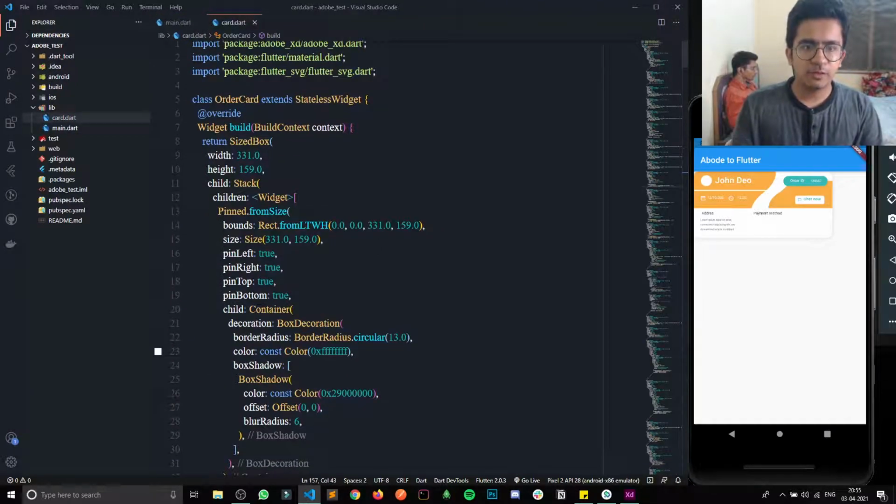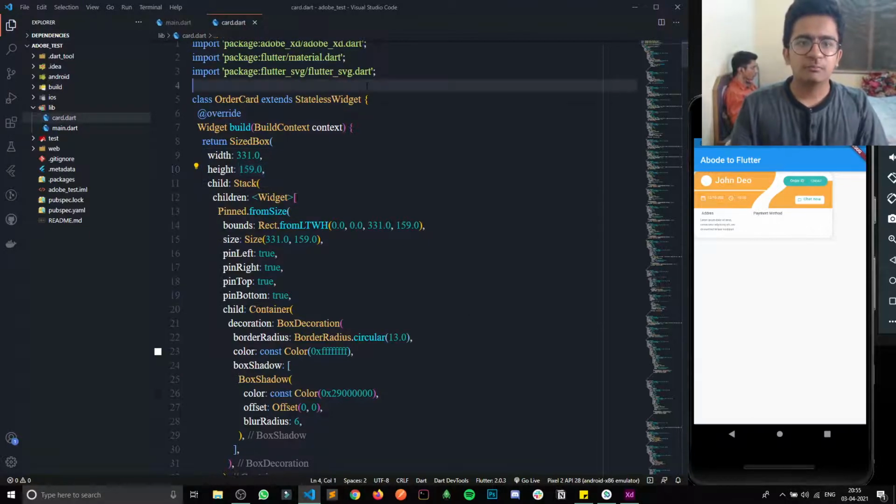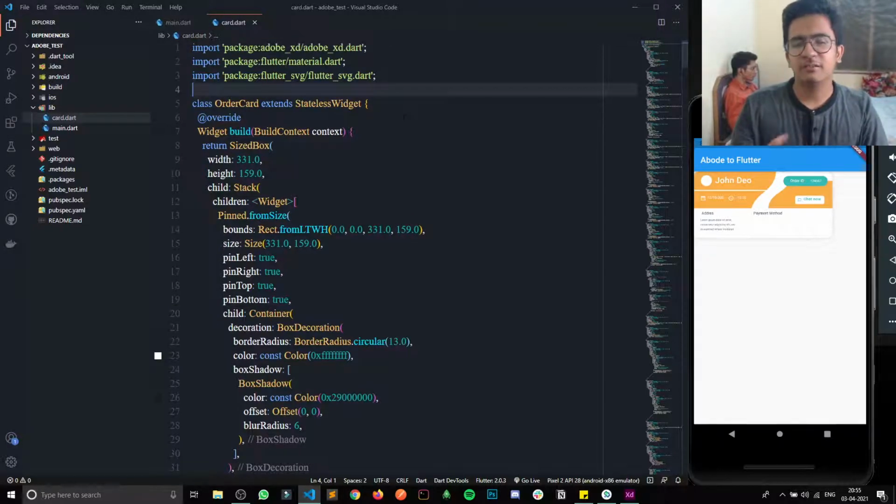For example, the width and height and all are in pixels, and because they are exact pixels, if the screen size differs, it will break. So overall, it's a very bad idea to use the Adobe XD to Flutter plugin. I just wanted to share it, because I had heard of it and some of you may be thinking about it, and it's always good to know more.